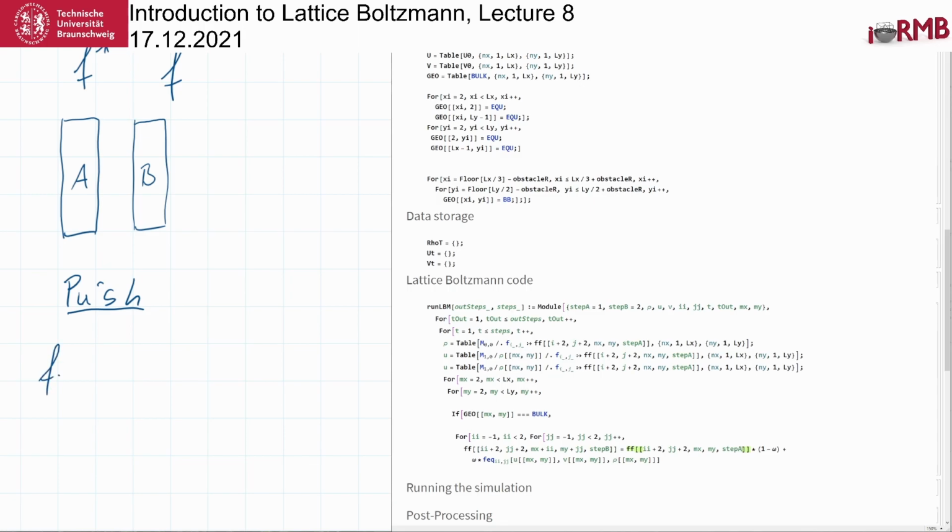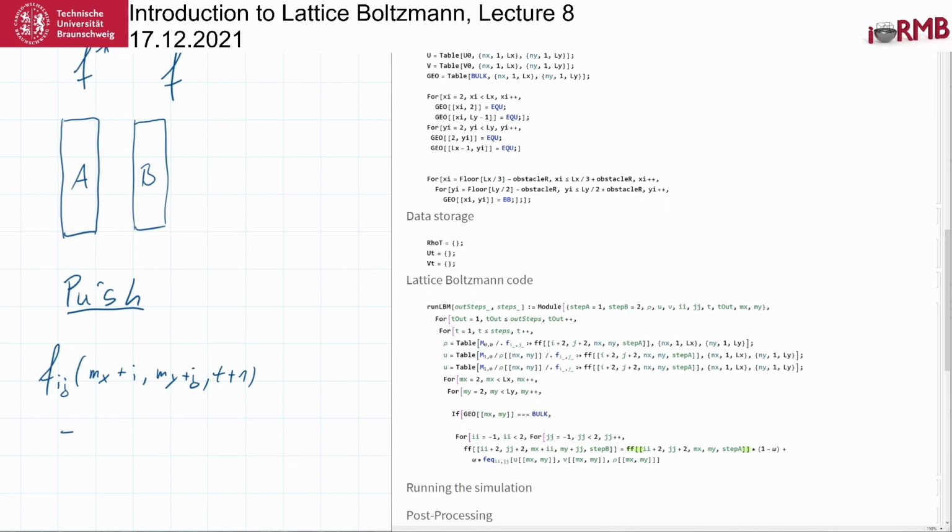So for f ij, we say that the new pre-collision f ij at the position mx plus i and my plus j, at the next time step, say t plus 1,